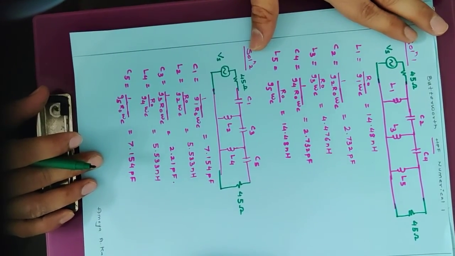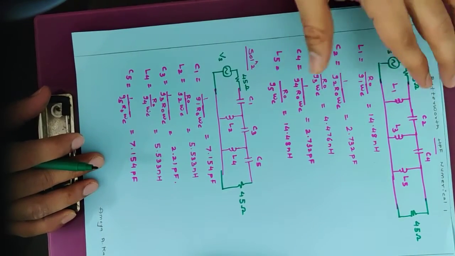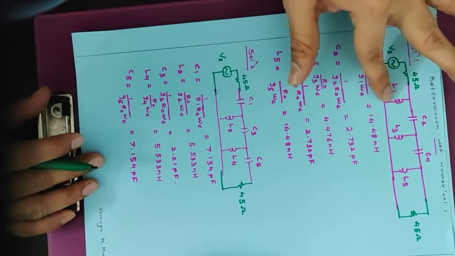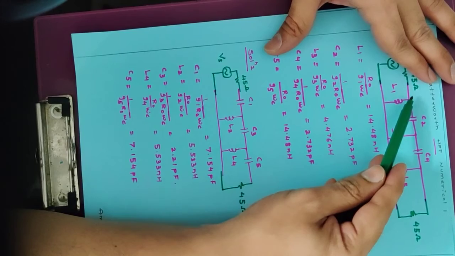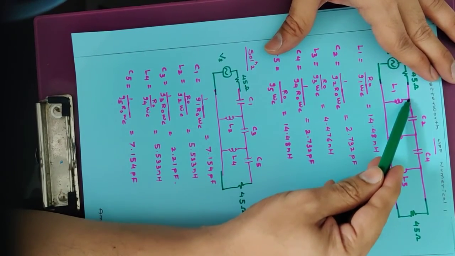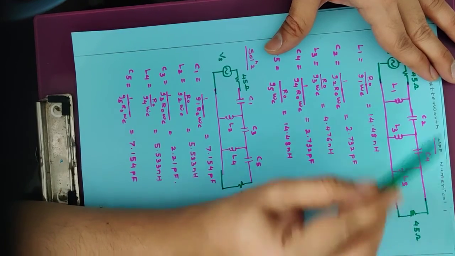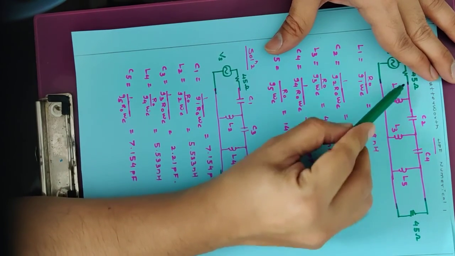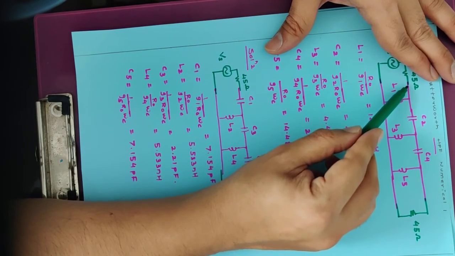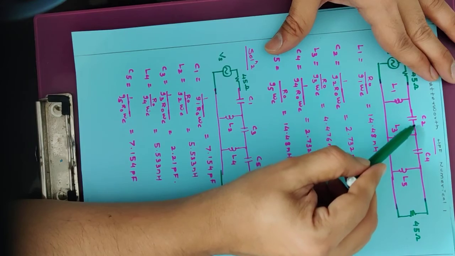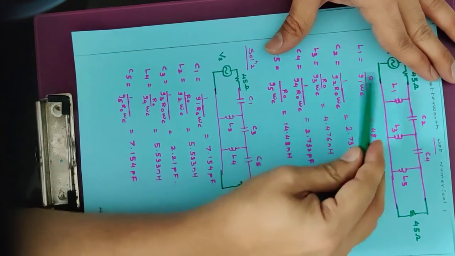There are two solutions. In the first case I can consider the element in parallel, and in a high pass filter the parallel element will be an inductor. Why? Because an inductor allows low frequencies to pass, so any low frequency component will get passed to ground, it will not get passed to port 2. And a capacitor blocks DC, so any low frequency component will get blocked even by this capacitor, and high frequency components will get passed through the capacitor and will not get grounded through the inductor.